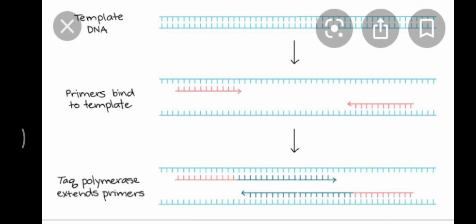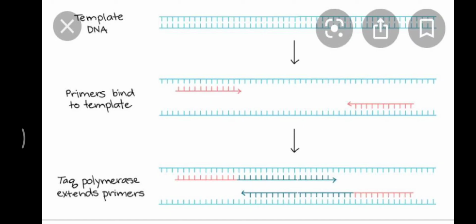Now, if we heat these 2, then we are going to obtain the 4 single stranded DNAs, and again the same process is repeated. So, we can obtain multiple copies of the gene of interest when we repeat the steps again and again. Now, let us see what are the various things that are required during the polymerase chain reaction or PCR technique.